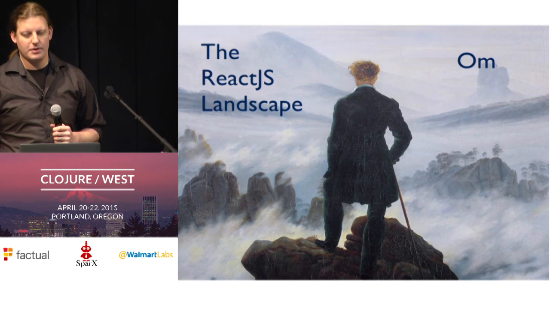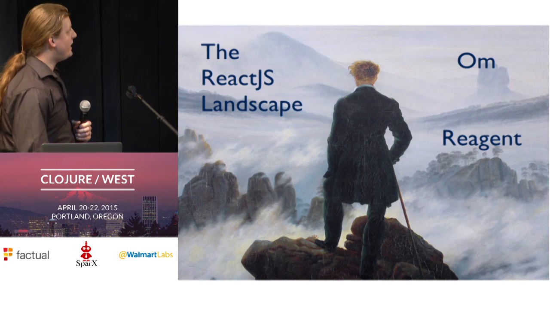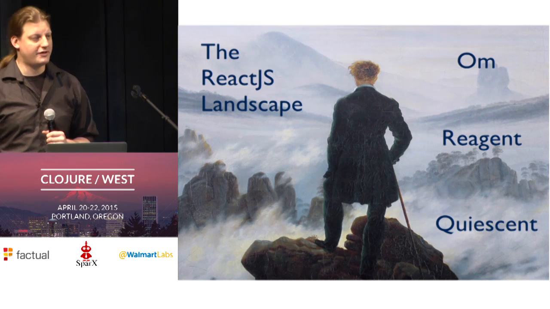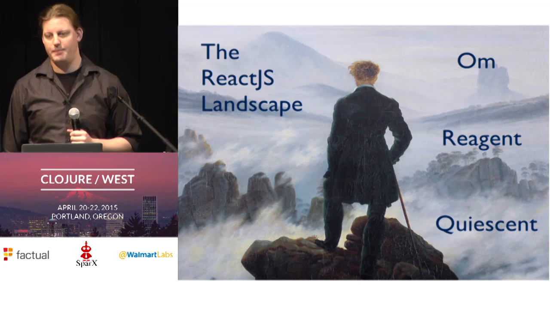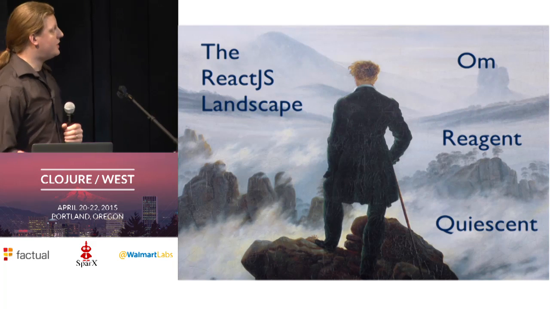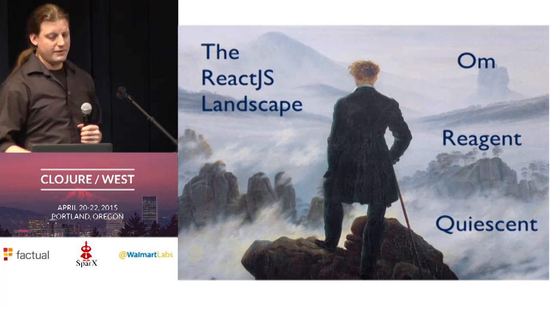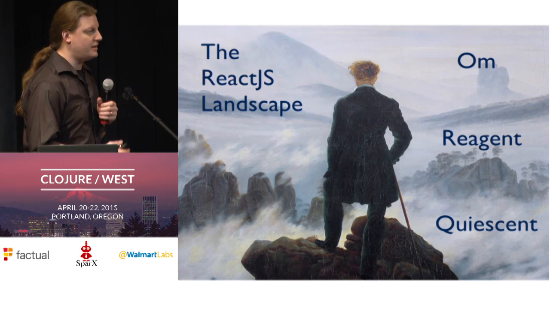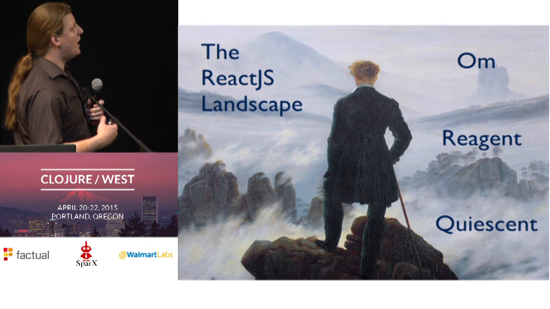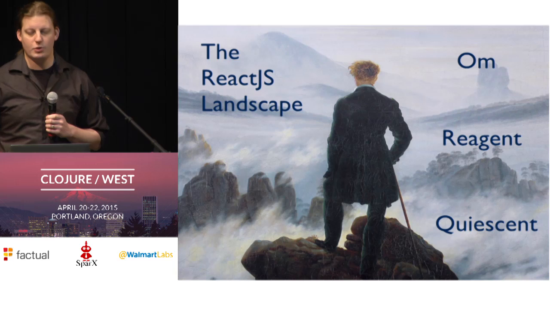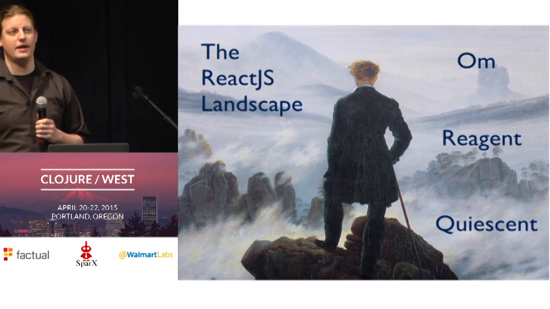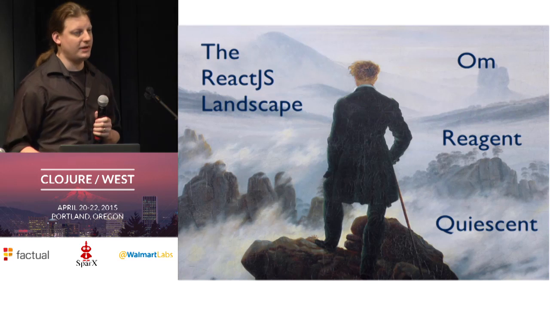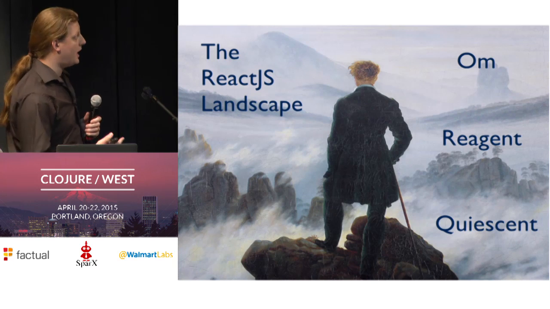React itself is a JavaScript library. So there's actually 3 ClojureScript libraries that wrap Om in various ways, and they have very different philosophies and opinions. The goal of this talk is to give a quick overview of each, to give you a flavor of what each is about, what the individual opinions of each one is, what some of the design decisions behind them were, and to hopefully give you the ammunition you need to decide between these 3 libraries when you're developing JavaScript UI